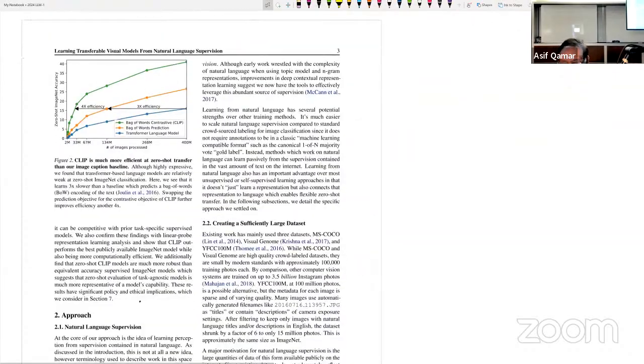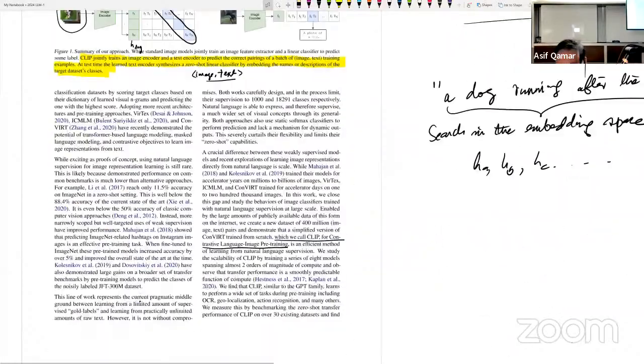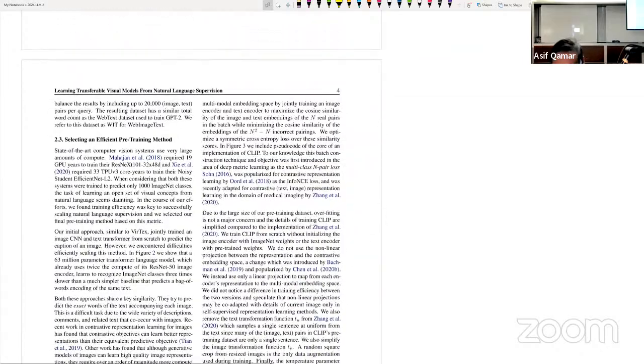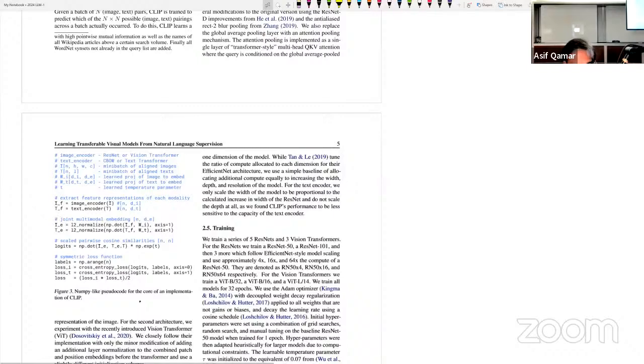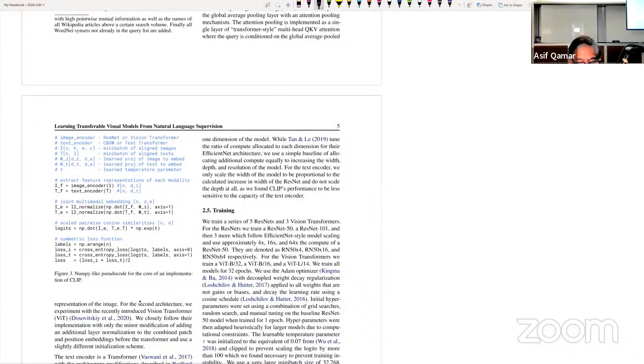That is it. Now, one question. There is not much to this. If you notice, this picture is more about, okay, we did this, we did that, this is how we trained, and this is a large data set, and so on. Today, this code says it all. If you look at it, it says the image encoder can be a ResNet or a vision transformer. For the text encoder, use any text transformer. Remember, it says use any word embedding or text encoder, text transformer, a CBOW